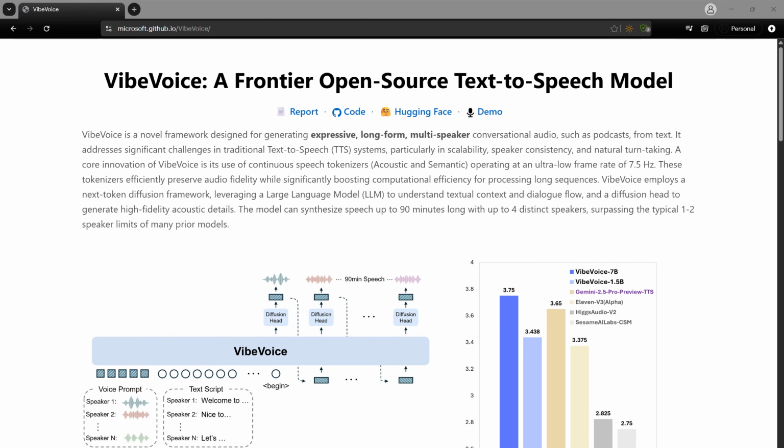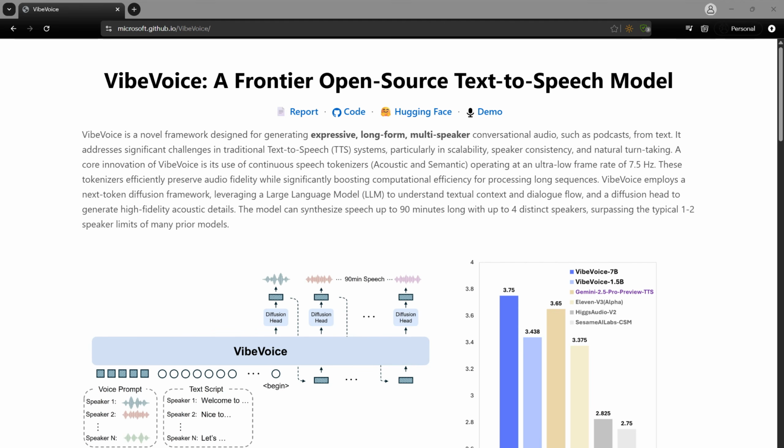Now let's get started with the VibeVoice research paper. This is published by Microsoft, one of the latest research papers. We have seen what VibeVoice can do. It is a very powerful model. It can clone any voice. You just provide a sample, and thereafter it can clone that particular voice. Now I'm going to show you how you can prepare this whole working setup on your local computer and how you can get started with this.